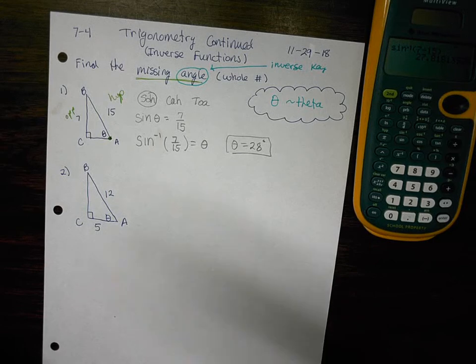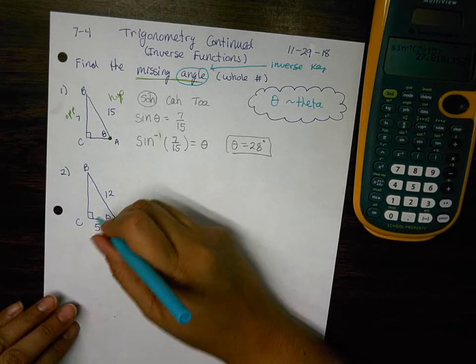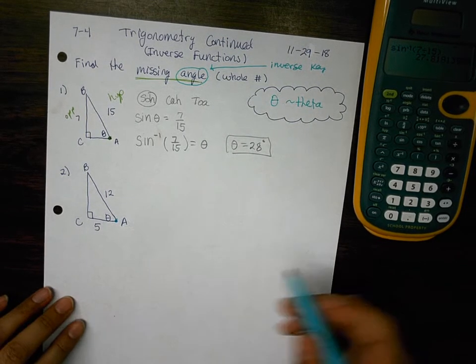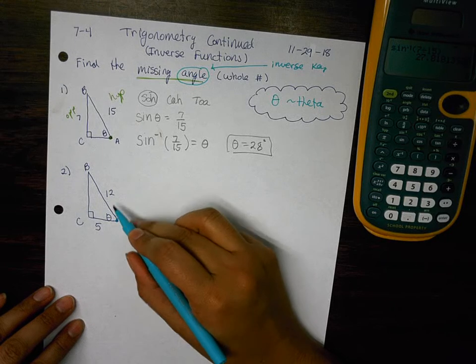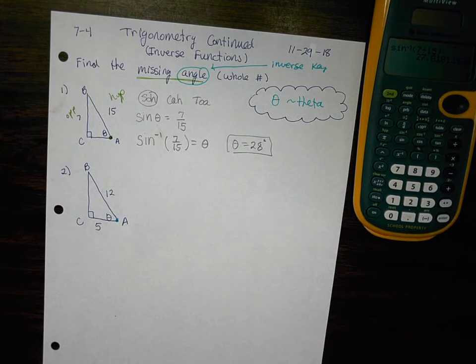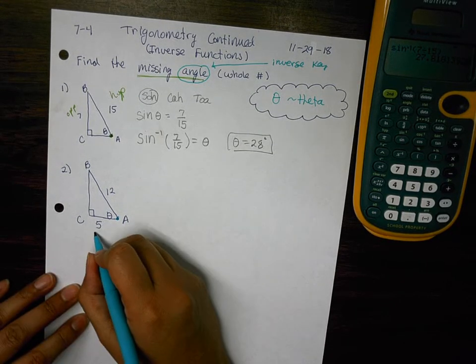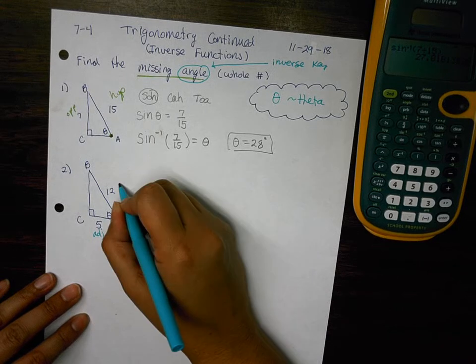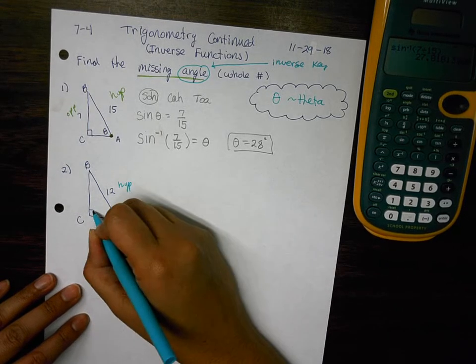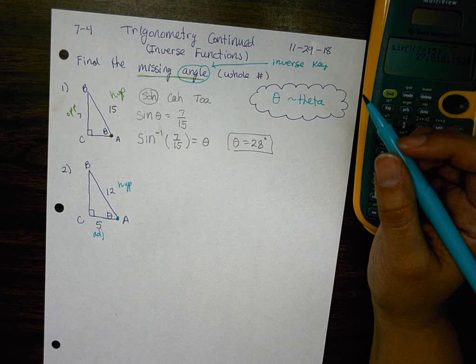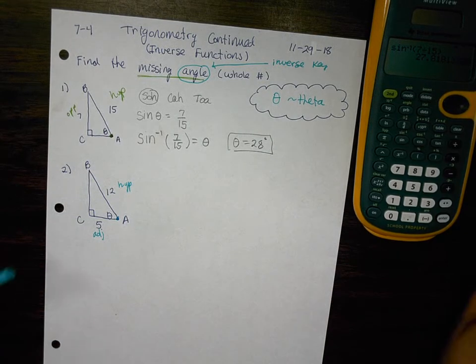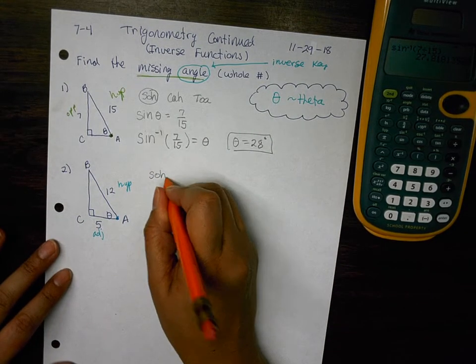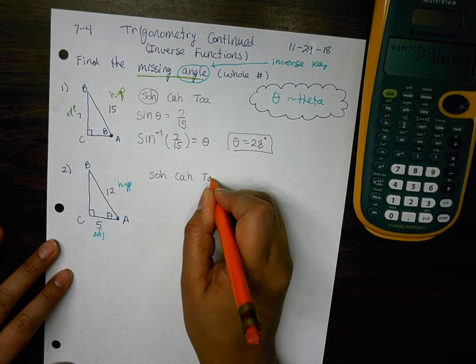All right. Again, we start the same way. Let's mark our angle. What angle am I looking for, A or B? A. What is 5 in reference to A? They both look adjacent. Which one is which? 5 is adjacent and 12 is the hypotenuse because it's the longest side. It's opposite the 90. All right, so looking at SOHCAHTOA,